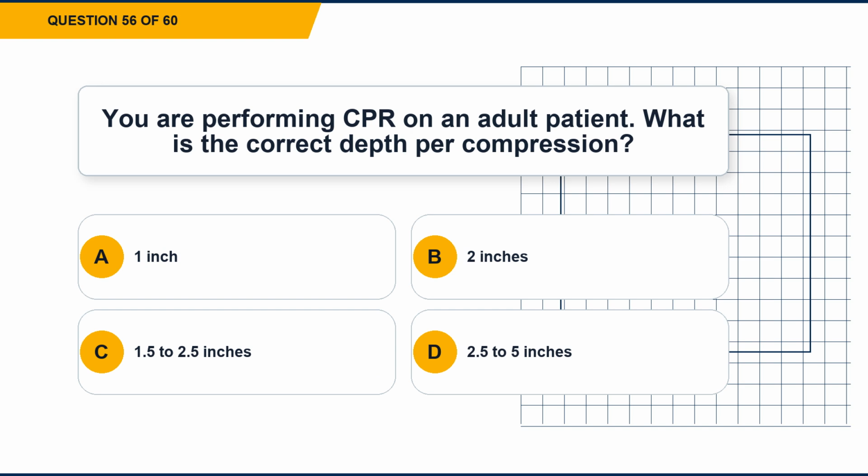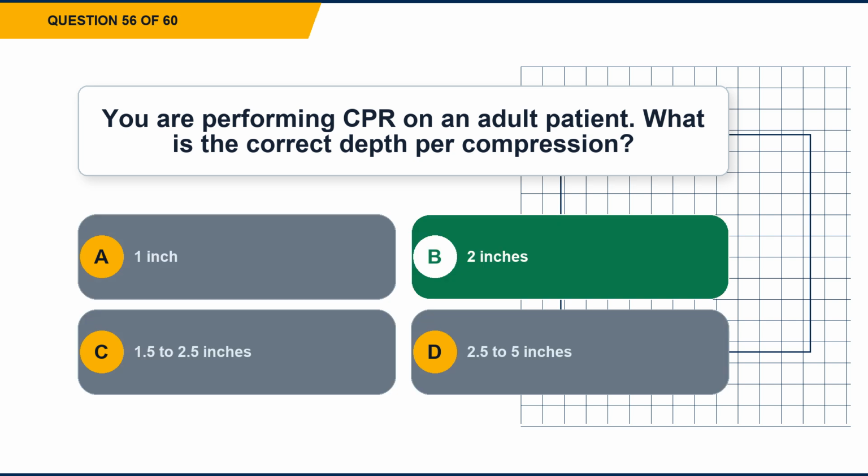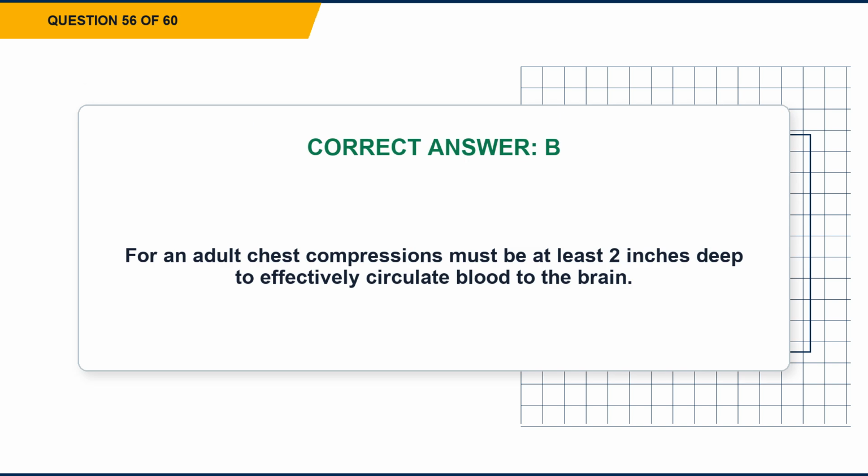Question 56. You are performing CPR on an adult patient. What is the correct depth per compression? Option A. 1 inch. Option B. 2 inches. Option C. 1.5 to 2.5 inches. Option D. 2.5 to 5 inches. The correct answer is option B. 2 inches. Explanation. For an adult, chest compressions must be at least 2 inches deep to effectively circulate blood to